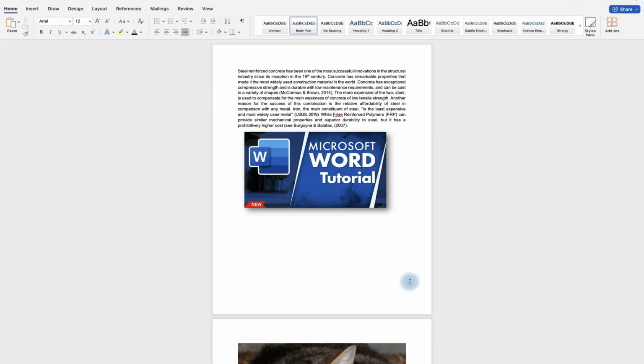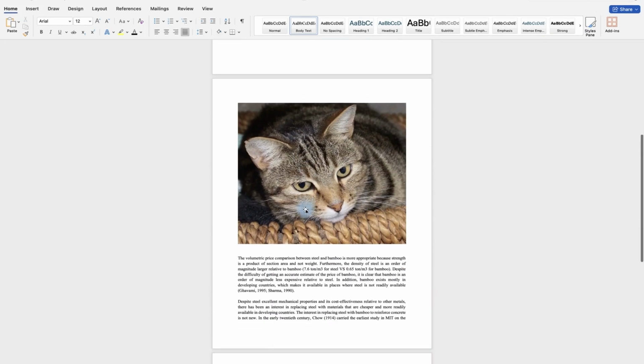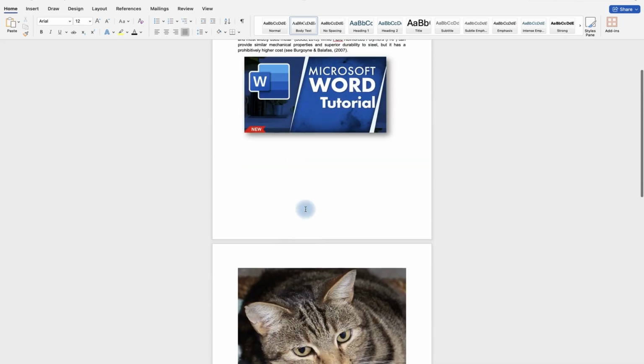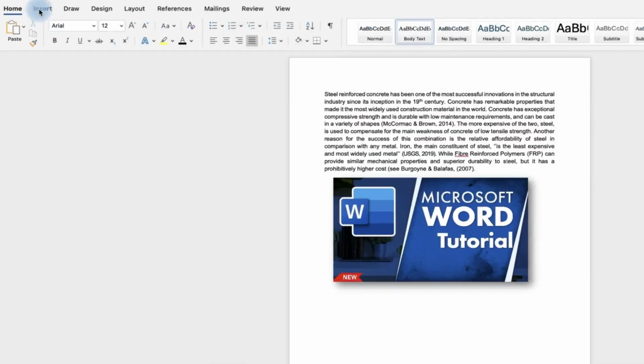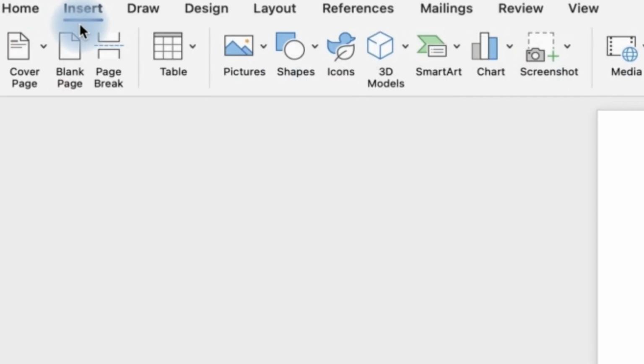In this video, I'm going to show you how to add page numbers to your document in Microsoft Word. So assuming I have these 3 pages, this is page 1, page 2, page 3, and I intend to add page numbers to this, all I need to do is to come to Insert over here, and you can see